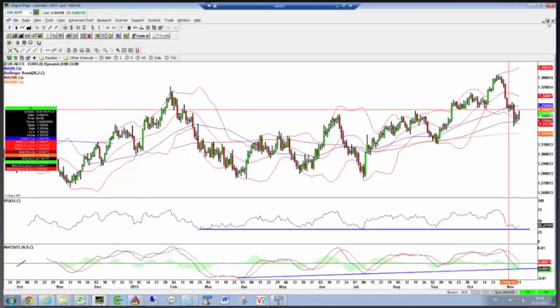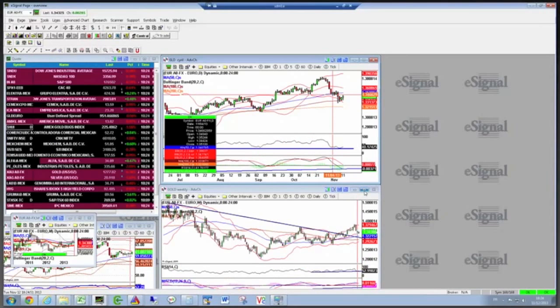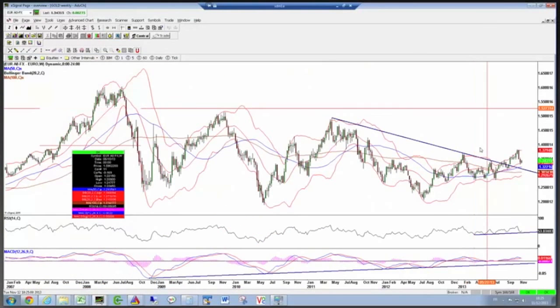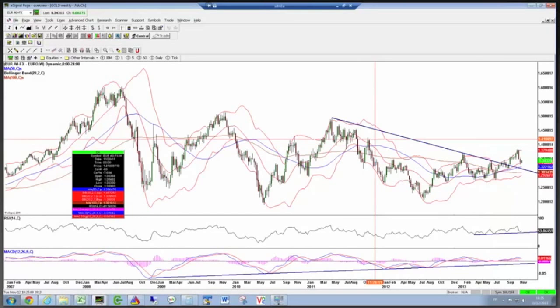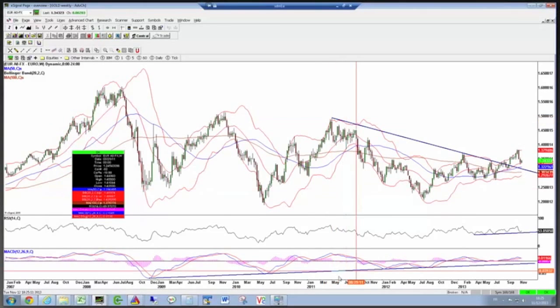If you look at the weekly chart, we also have an interesting technical configuration. As you can see, the euro-dollar has broken above a key declining trend line, which was in place since May 2011. We also have a key rising trend line on the weekly MACD and on the weekly RSI. So we have several bullish developments on the daily chart and on the weekly chart. But now